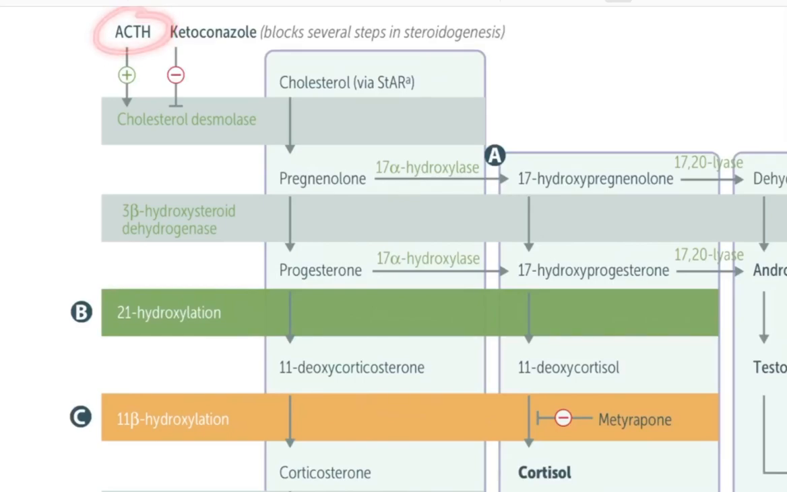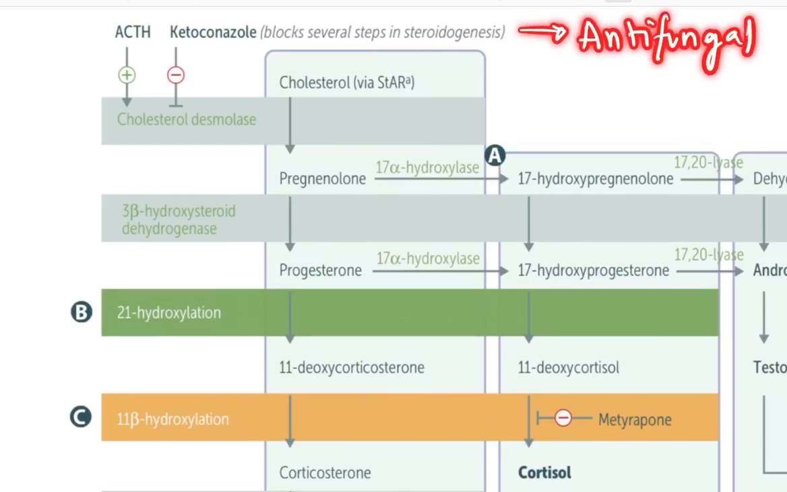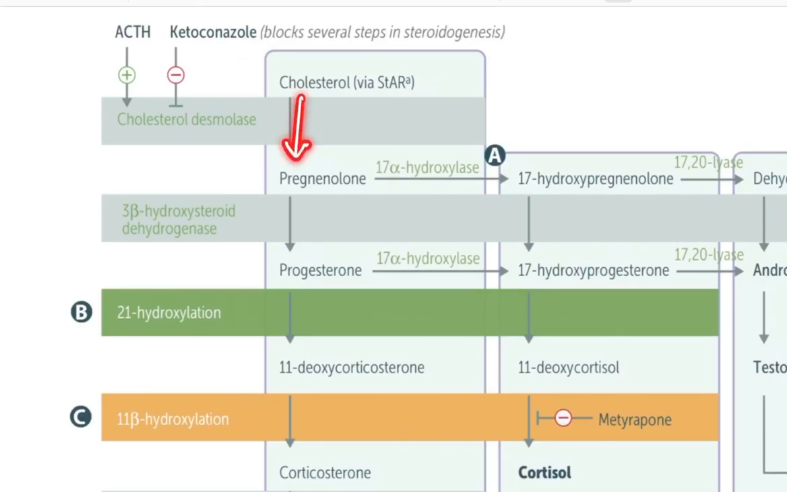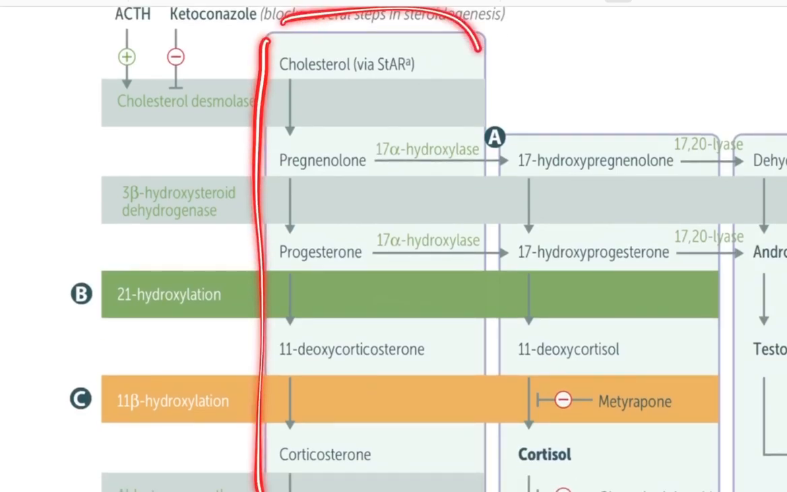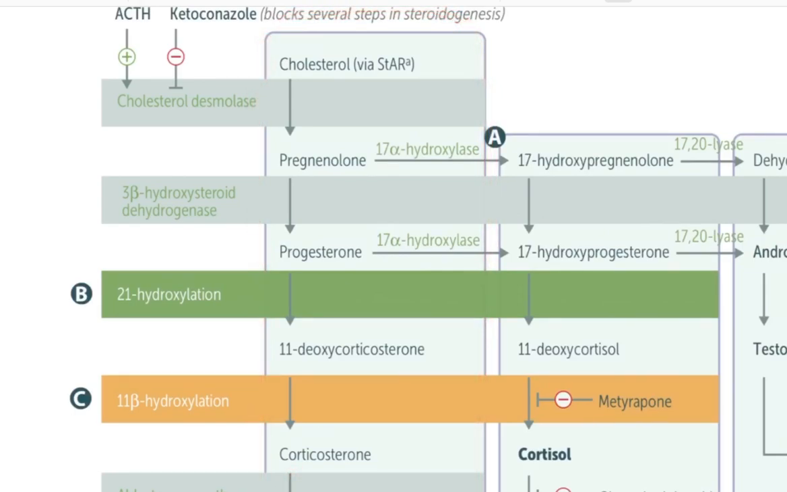ACTH, the adrenocorticotropic hormone, supports the cholesterol desmolase activity, whereas ketoconazole, which is also used as an antifungal, is an inhibitor of cholesterol desmolase. So if ketoconazole is used, then this process is inhibited. Is it clear? Now what happens is, assume this is the zona glomerulosa of the adrenal